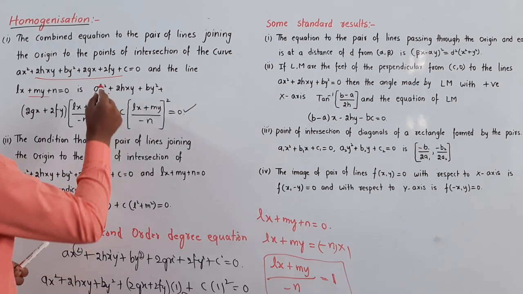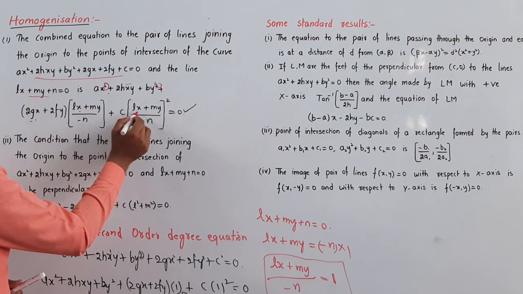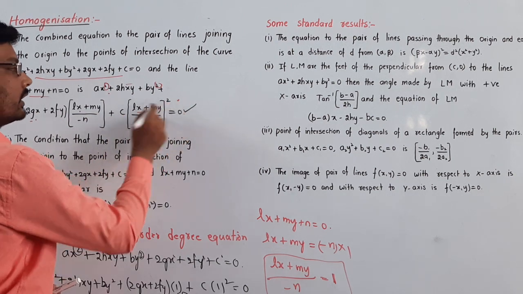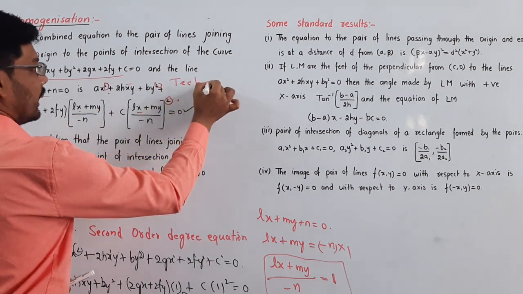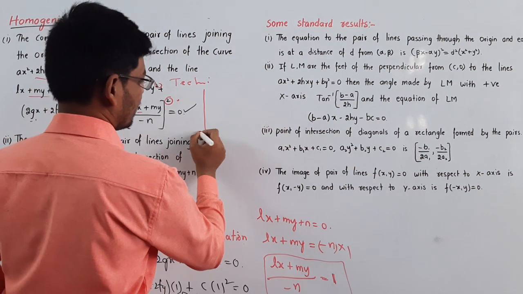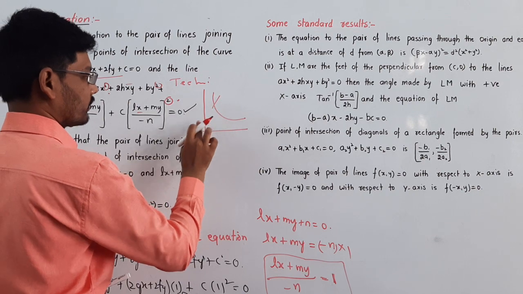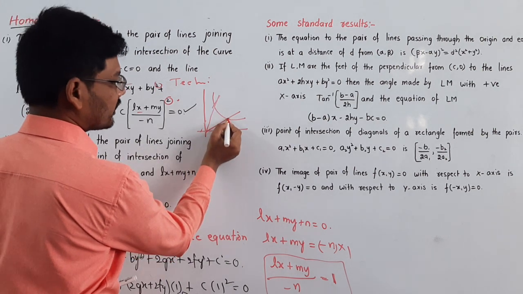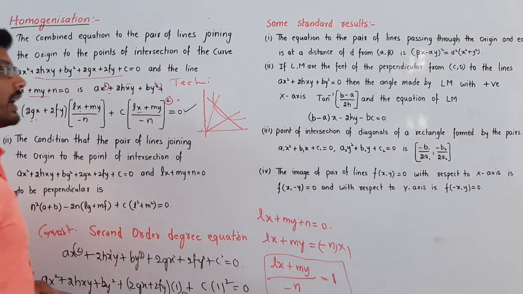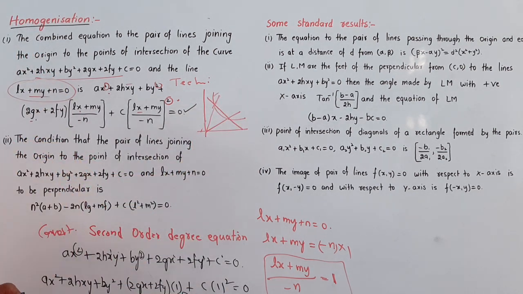Here the degree is 2, and here degree is 2, and here x into x will become x square. In the same way it is in the form of only 0 degree here, so that's why we are taking square here. This is a homogenization technique. Here these two lines are a pair of straight lines, the intersection of these curve will make a line here. This is the equation to find the equation of the curve. So this is a homogenization technique.